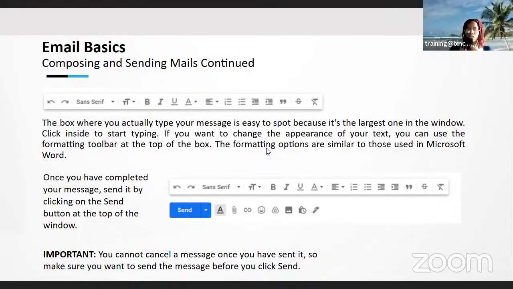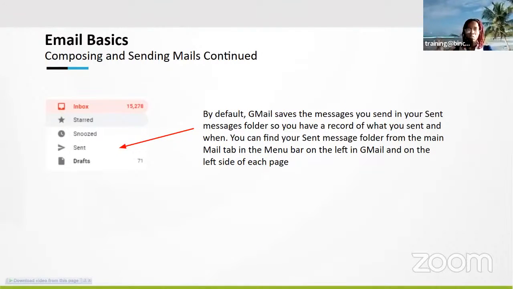So it's very important that you go through it, make sure everything is formatted correctly and your spellings are correct as well. If you want to check if the statements and sentences that were used are correct, you can also use something called Grammarly. Grammarly is a free application that you can use just to check your grammar and format. So we have basic things in Gmail.